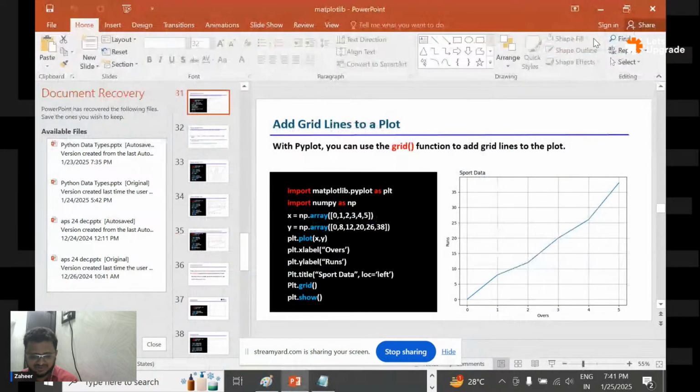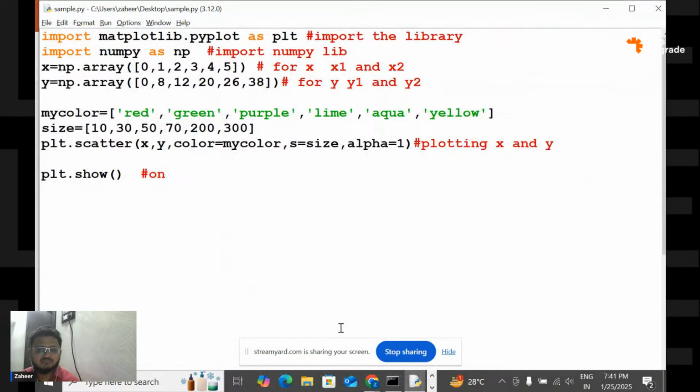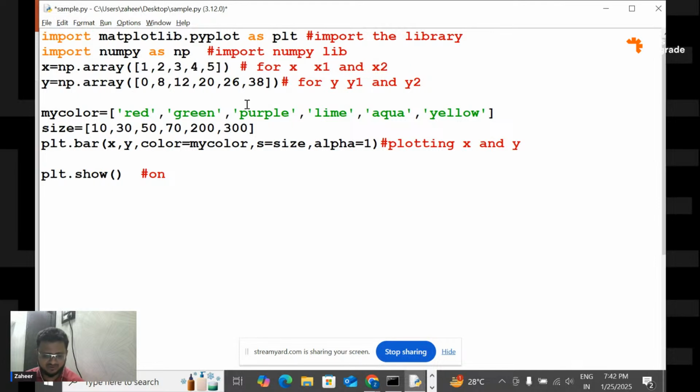Now let us move to the next part. After this, let us talk about how to create the bar chart or bar diagram. Now instead of scatter, here you are going to use bar. Simple. Now let me write some names for this bar. Say I have sales, then I have the marketing department. These are the expenses, for example, of all these